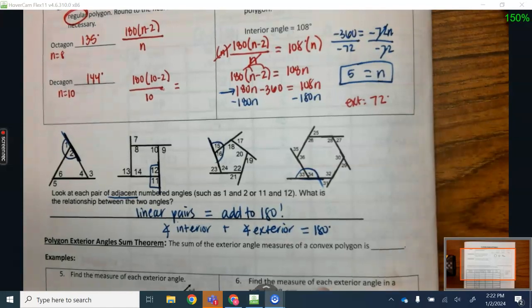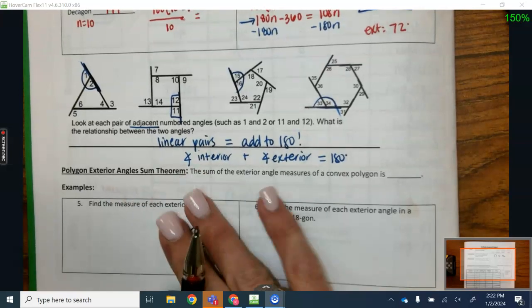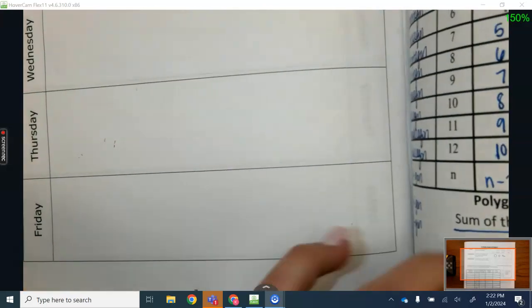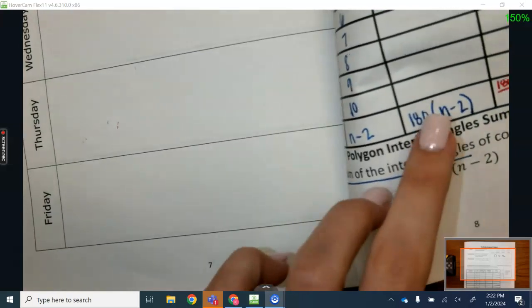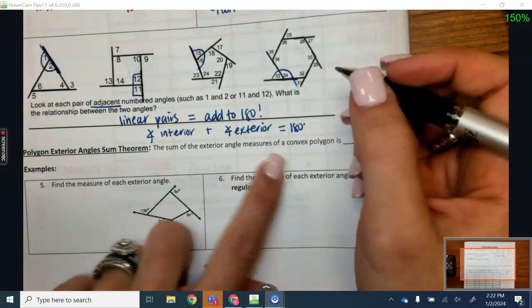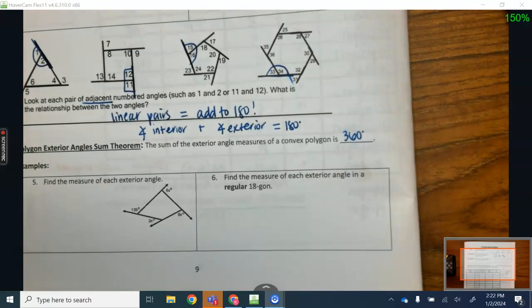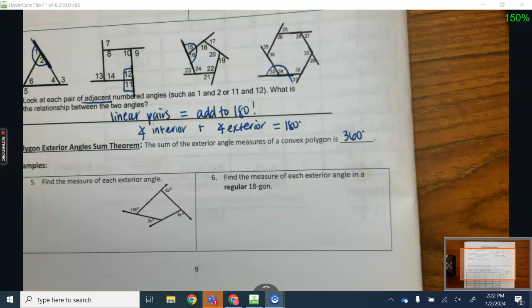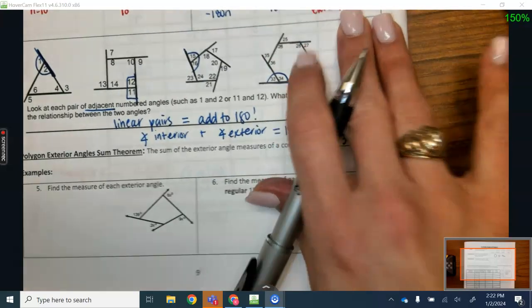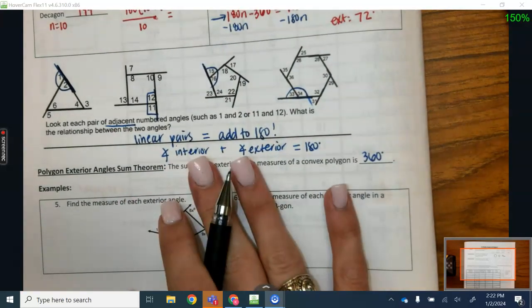Okay. Now, we have the exterior angle sum theorem. Okay, our interior angle sum theorem was 180 times n minus 2, right? That only applies to interior. The sum of the exterior measures of a convex polygon is always 360 degrees, no matter what. It does not matter how many sides there are. You could have 1,000,000 sides, and all of the exterior angles add to 360. So, remember, your number of sides is equivalent to the number of angles that you have, whether they are interior